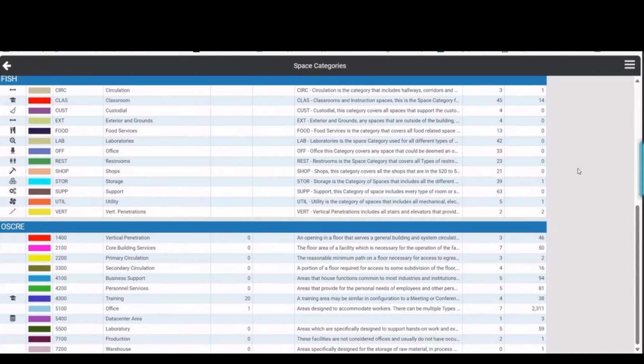So the crossover is there, and obviously everybody's dealing with circulation and washrooms and hallways and stairwells and major uses of space, whether they be offices or conference rooms. That's sort of universal. Then you get into things like labs and classrooms that are in your domain. So if we slide back up to the top there,